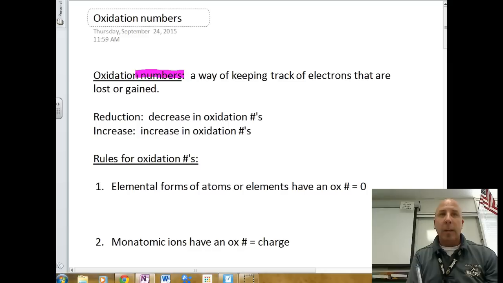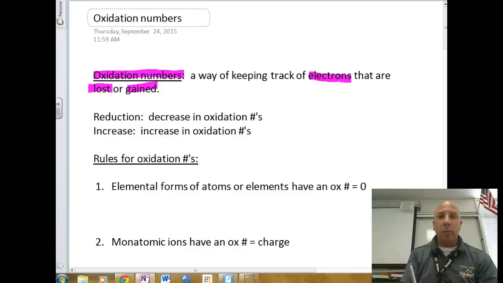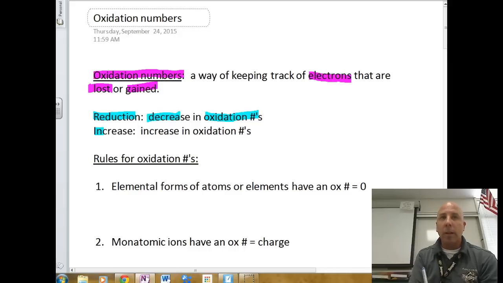An oxidation number is an arbitrary way of keeping track of electrons that are being lost or gained. And we did talk about that before. If you lose electrons, you are being oxidized, and if you gain electrons, you're being reduced. And here's the reasoning behind that. With oxidation numbers, reduction means that we take an oxidation number and we reduce it. A decrease in oxidation number is called reduction, and an increase in oxidation number is,